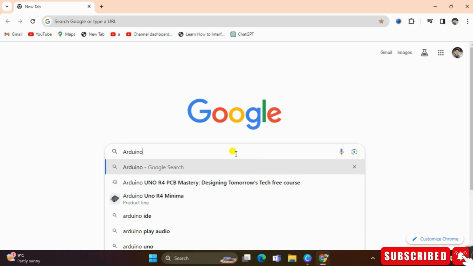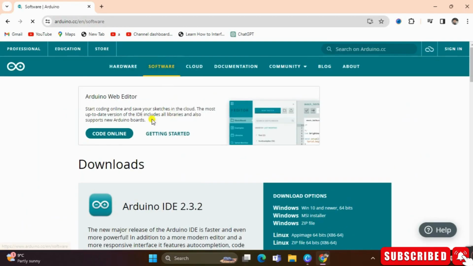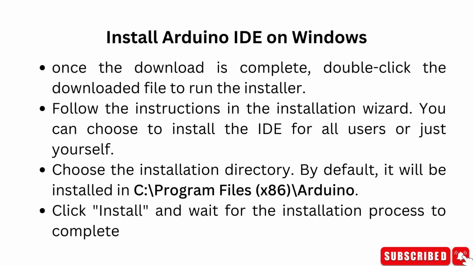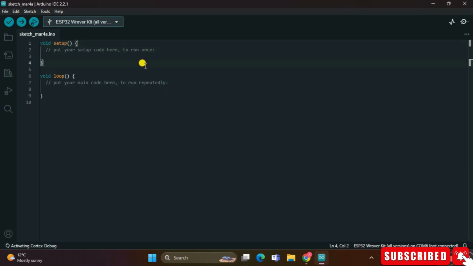Go to arduino.cc and click on the Software tab. Then, click on the Download button for the latest version of the Arduino IDE. Once the download is complete, open the installer and follow the on-screen instructions to install the Arduino IDE on your computer. Before we can use the Arduino Uno R4 with the Arduino IDE, we need to download the Arduino Uno